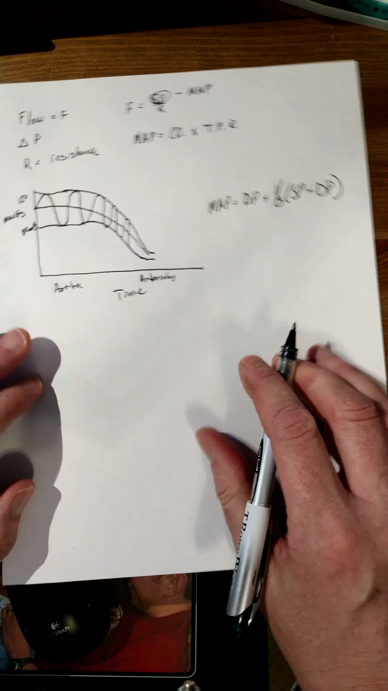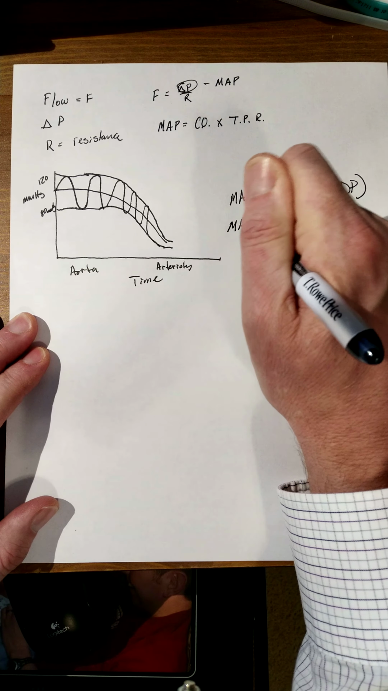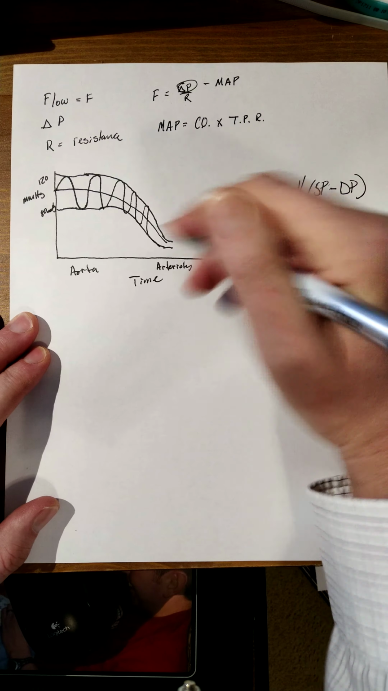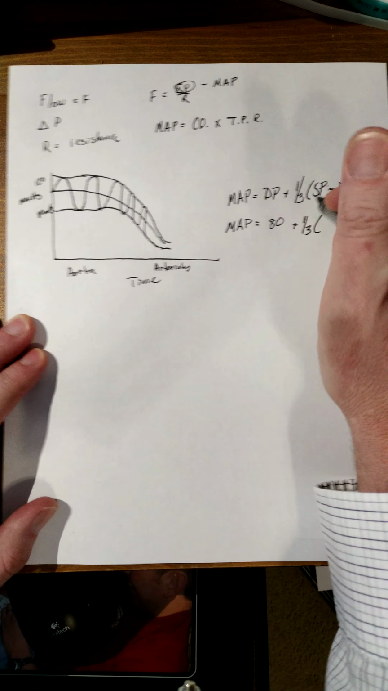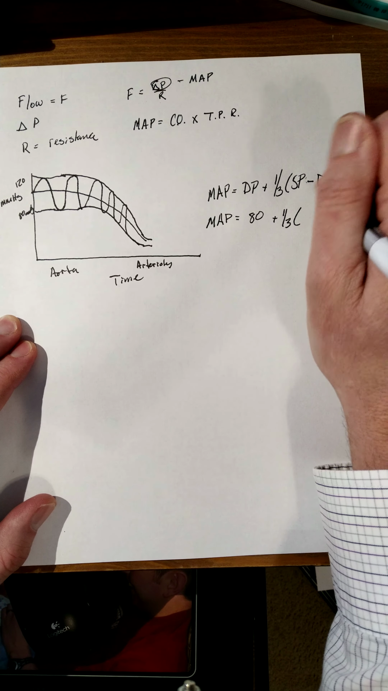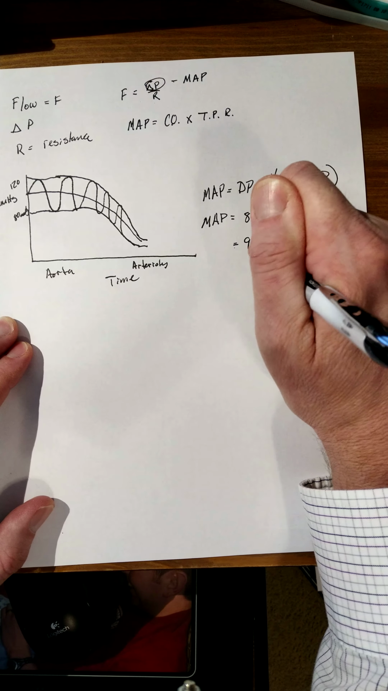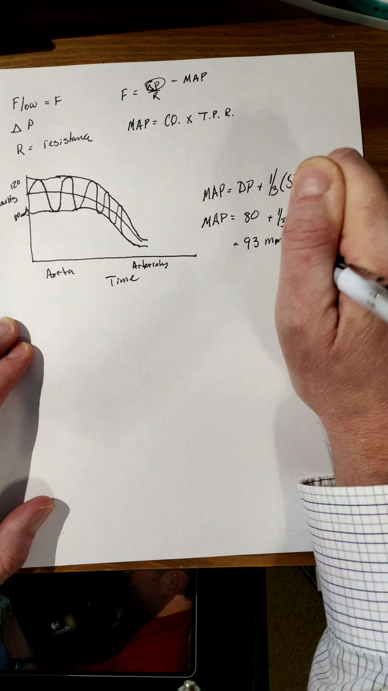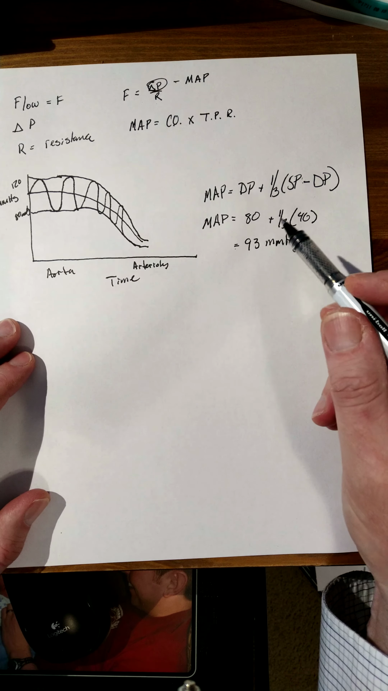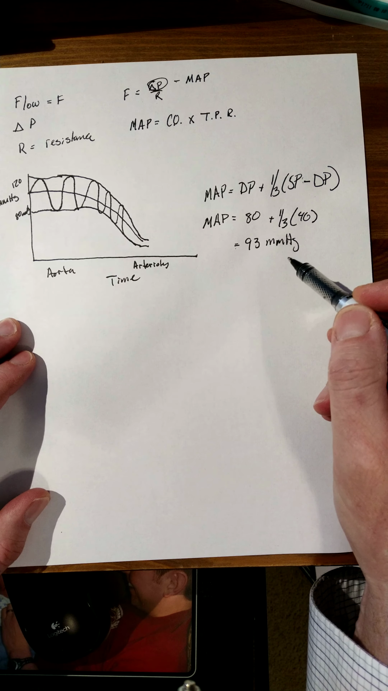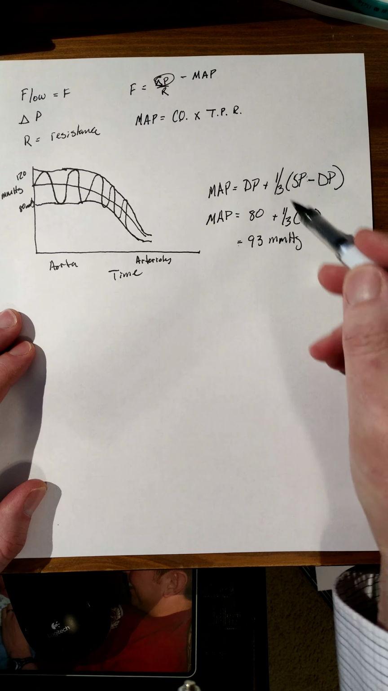So if we looked at it from normal conditions, we'd see MAP equals 80, that's our diastolic, plus 1/3 of 120 minus 80, which equals 40. And this equals 93 millimeters of mercury. We need somewhere between 70 and 110 millimeters of mercury in order to keep our organs perfused with the proper amount of blood. So mean arterial pressure gets to be really interesting when we look at it from the aspect